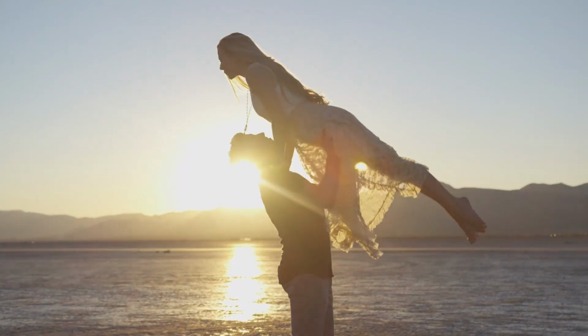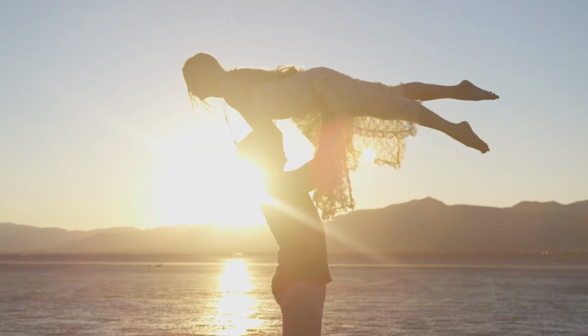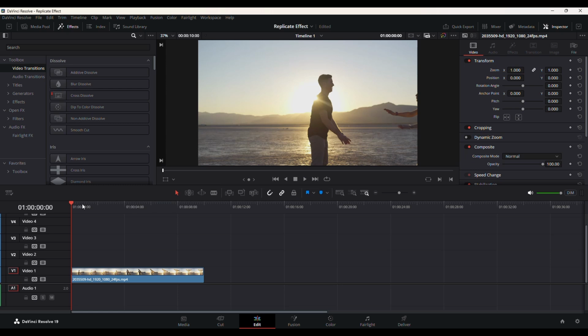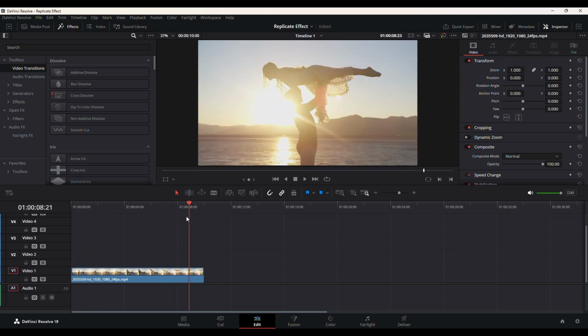Feel the waves cut. In this tutorial, let's see how to create this replicate effect in DaVinci Resolve. Let's get started. Alright guys, so we are in the edit tab and I have taken this random clip from